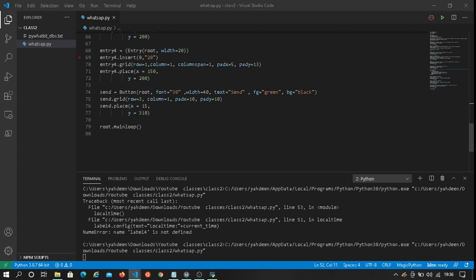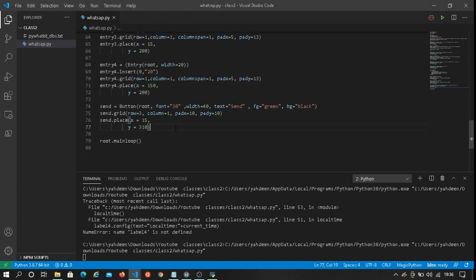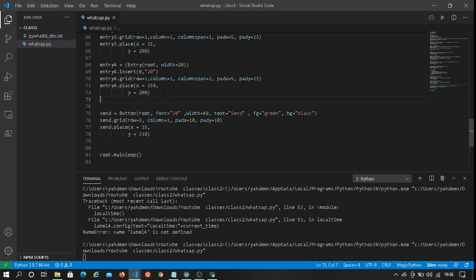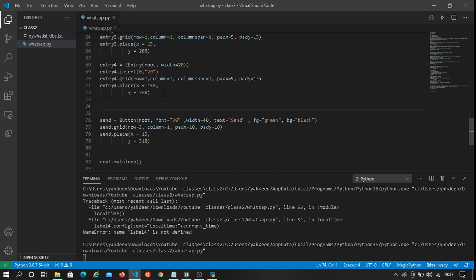So yeah, let's define it. We can run that before the send button. Always comment for readability. WhatsApp send.